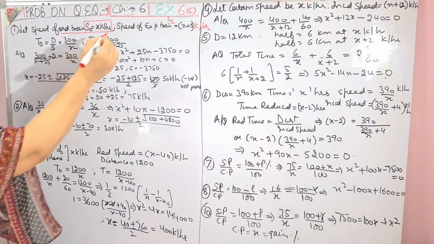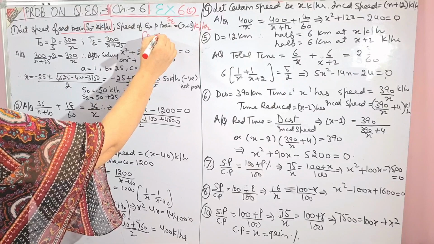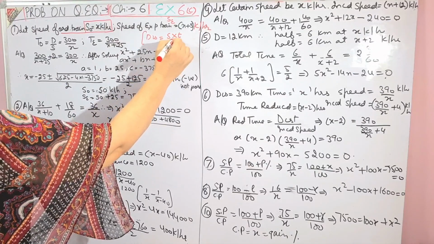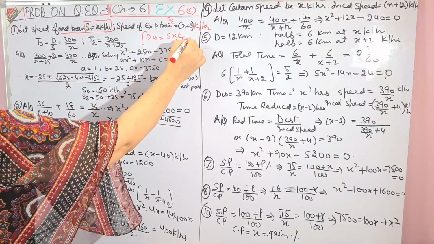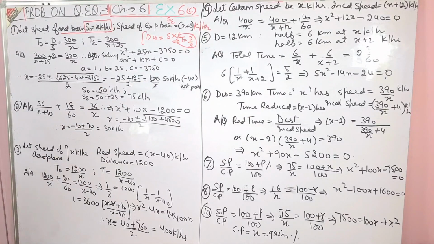Then I told you, you have done the formula in physics, distance is equal to speed into time. Over here I'm going to take it as time is equal to distance upon speed. This is the form I'm going to take. So reading further, find the time taken by each train to cover 300 km. So distance given is 300 km.